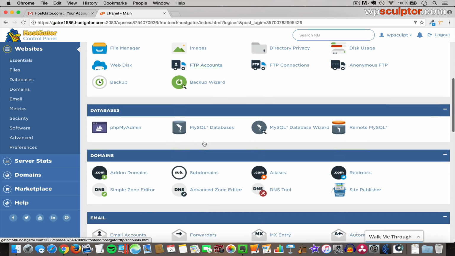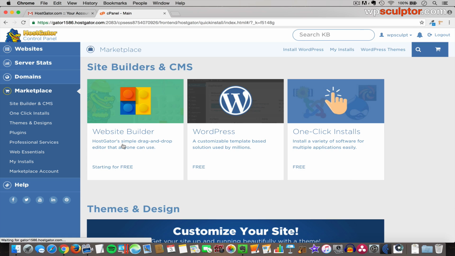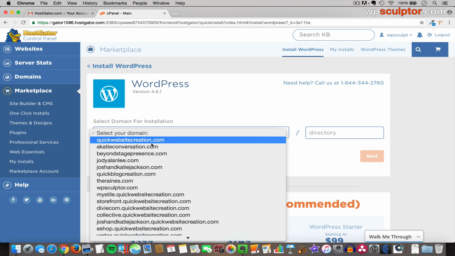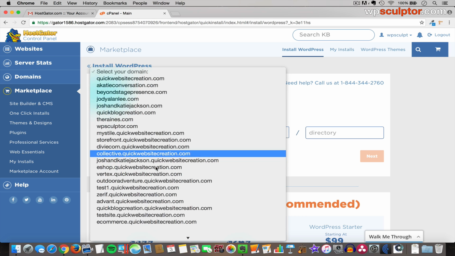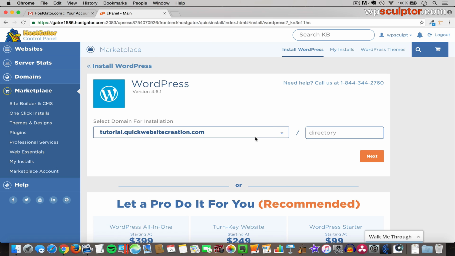scroll down, and we're looking for the software section. And then click on this quick install link. And then we want to click on WordPress. And then here you would select your domain. If you just set up a new hosting account with a new domain, you should only have one domain appearing here. But of course, I'm going to use a subdomain that I've already set up for this tutorial website, so I'll find that. But you would select your domain, and then you want to leave this section blank and click